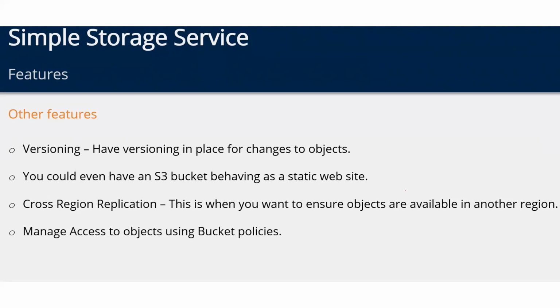But what happens if you want to access something from 1 month ago? If you keep only one copy, the copy will be overwritten. So it's almost like our file in a folder. If you keep a file name like F1, and tomorrow I keep changing it and I save it as F1 again, or the day after tomorrow F1, F1, F1, right? If you don't keep multiple copies, what will happen? Whatever the latest is, that's what you have. If you want 1 month back, you lose it. But here in S3 bucket, you can have versioning. So if you want to dig deep and get something from the past, you can get it. So that is called versioning.